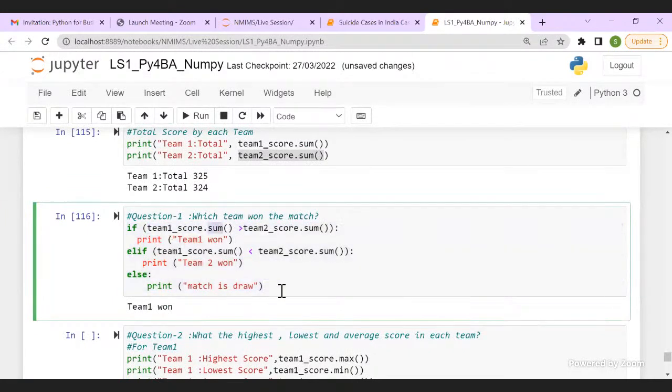So you will be doing this kind of analysis in your project, checking on sums, checking on means.